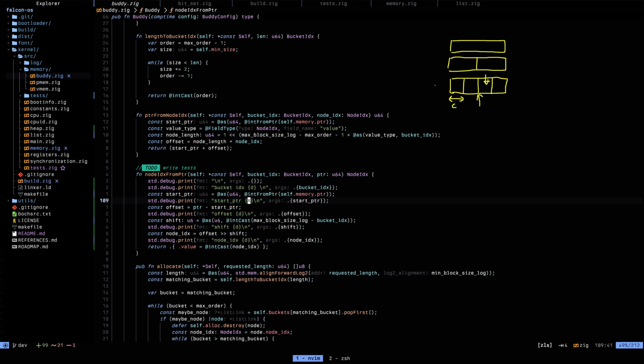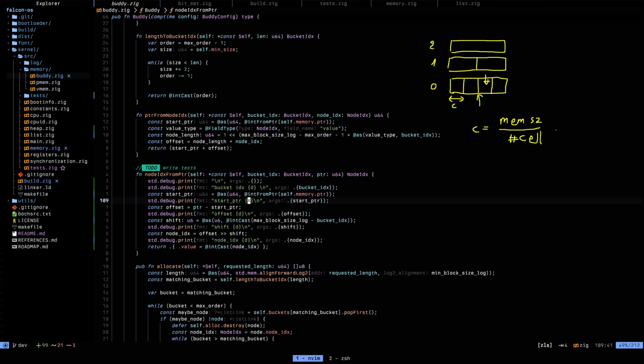Let's call that C. So here we have 2, 1, and 0. These are the bucket indices. So C would need to be the memory length, so mem size, divided by the number of cells in